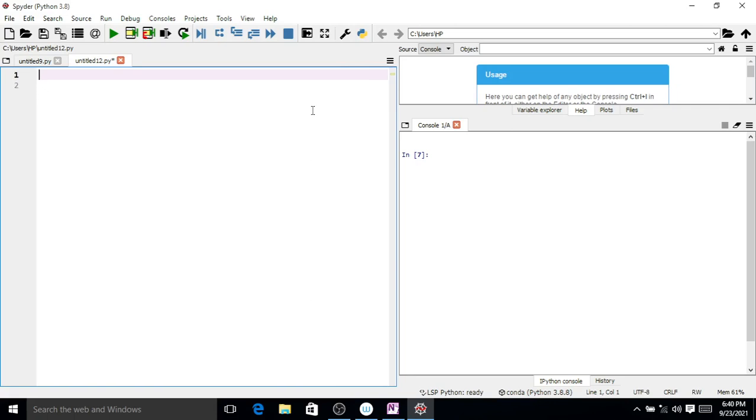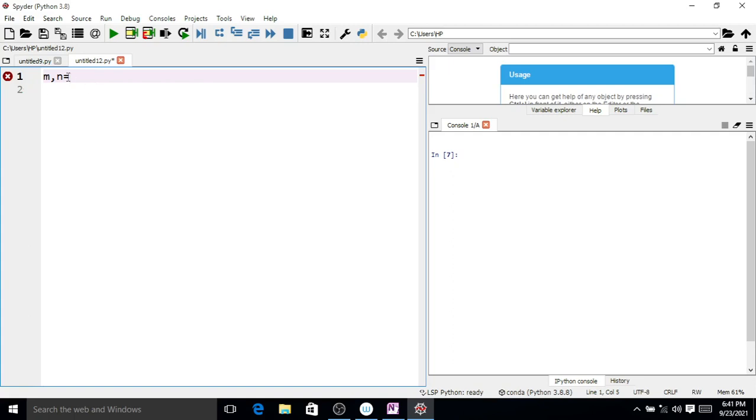So first we want to enter the order of the matrices, that is the number of rows and columns of the first matrix and the number of rows and columns of the second matrix. So here we denote the variables m and n for the first matrix. m indicates the number of rows and n indicates the number of columns.